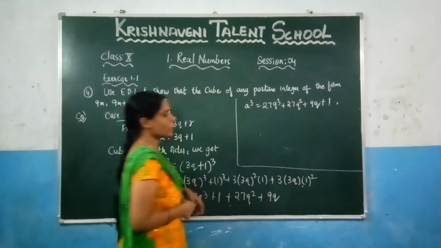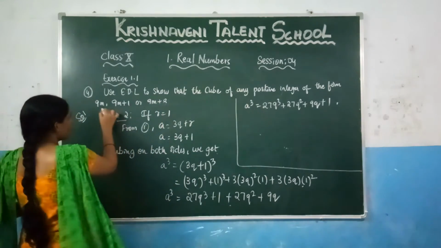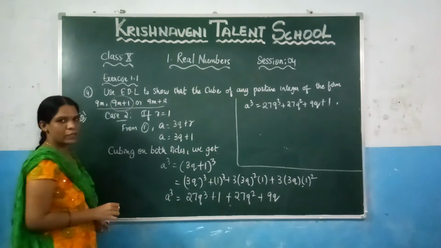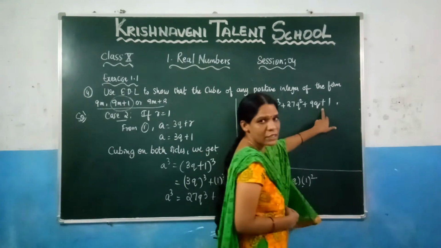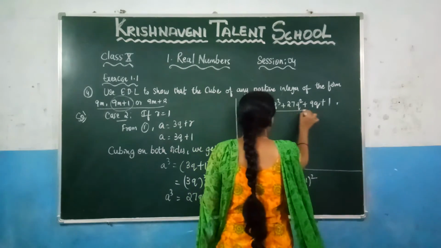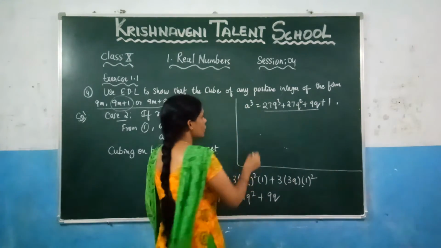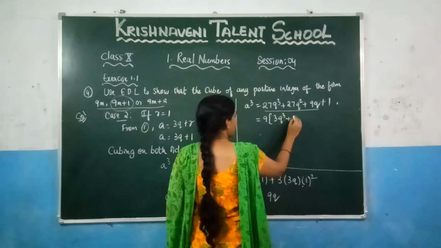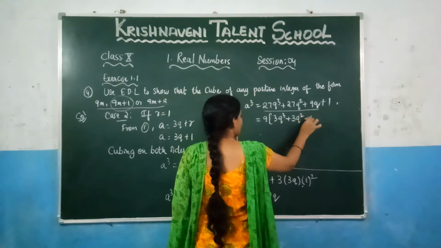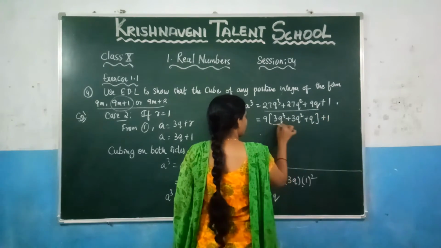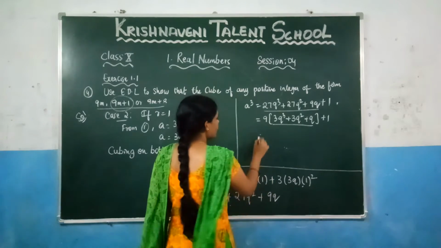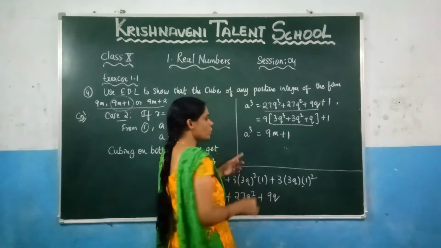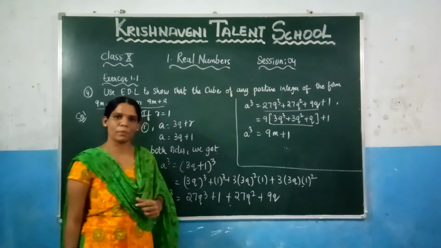Now you need to show here the cube of the positive integer is either of the form of this one. So clearly you can show that it is in the form of 9n plus 1, because at last you can observe here plus 1 is there. So in these three terms you can take it here 9 common. So if you take it here 9 common, what you will get? 9 3s are 27, right? Again 9 3s are 27 and 9 1s are 9. Now you can take this value as n. So write it here, which is equal to 9n plus 1, right? So we have shown here the cube of the positive integer is of the form 9n plus 1.